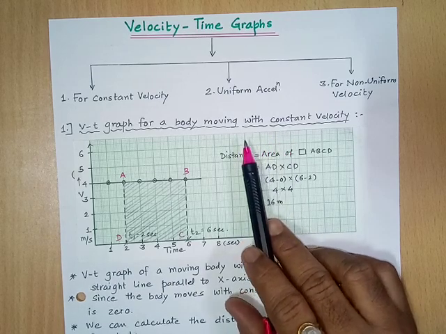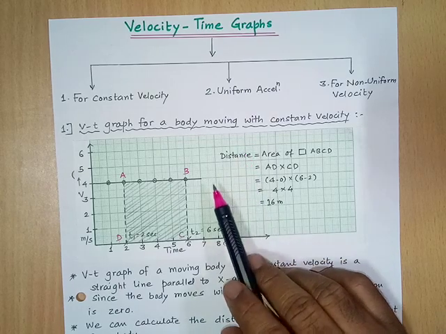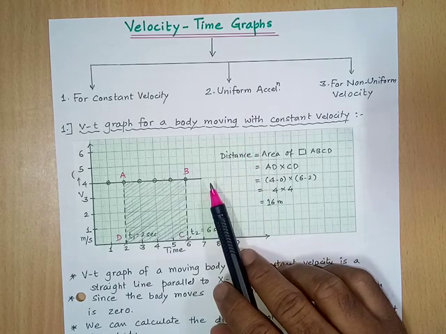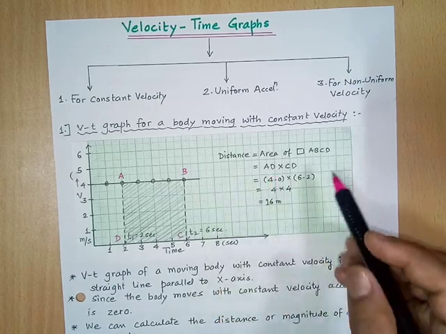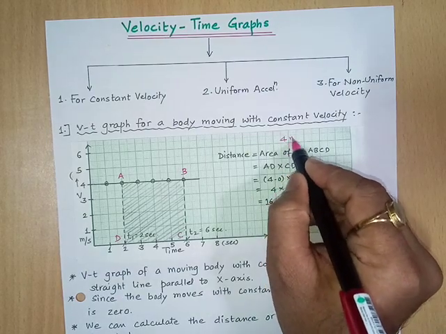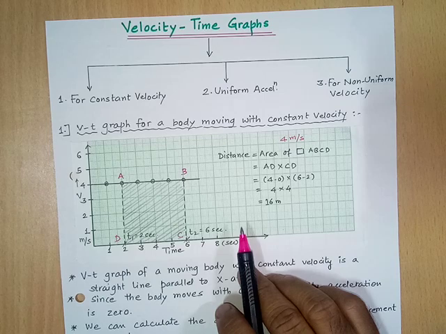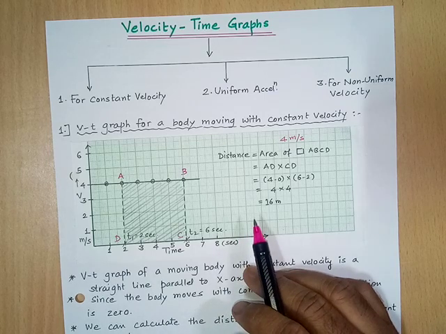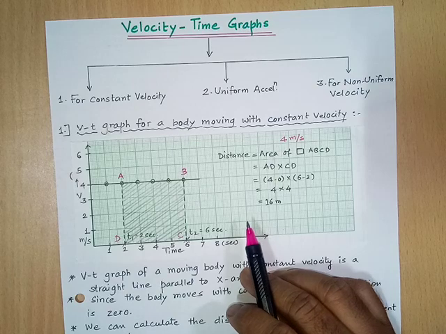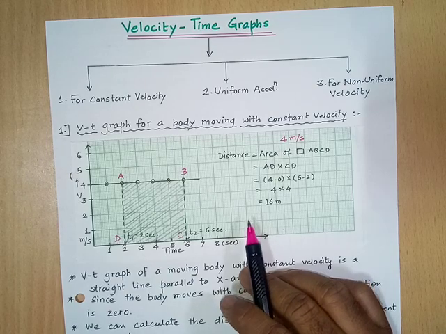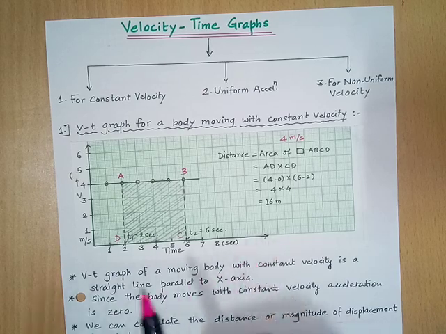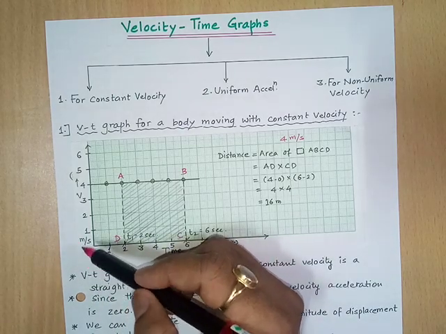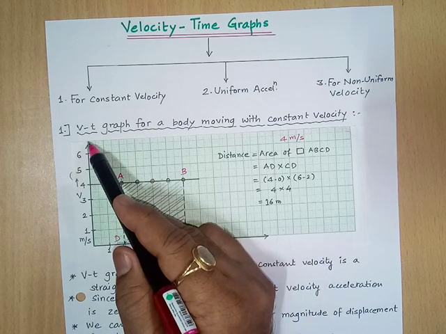Let us take an example to see the graphical representation when an object is moving with a constant velocity, and let's imagine that velocity is 4 meter per second. I am taking this as an example. The object may have any velocity, but please understand that this velocity is constant. As I have already told you, on the x-axis we are plotting time, because time is an independent quantity, and velocity is the dependent quantity, which depends on time. That's why we are plotting the velocity of the object on the y-axis.